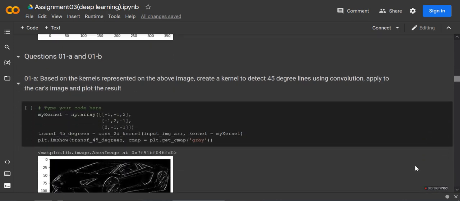So now we have to, based on the coordinates represented on the above image, create a kernel to detect 45-degree lines using